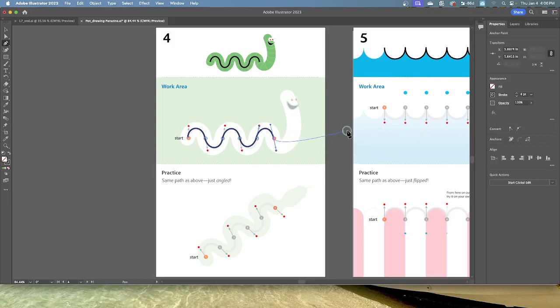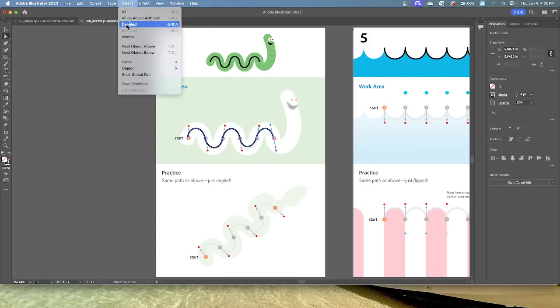When the path is complete, select the Direct Selection tool, and then click to select any anchor point in the path to see the direction lines. Then you can readjust the curve if necessary. With the curve selected, you can also change the stroke and fill. When you do this, the next line you draw will have the same attributes. So select, deselect,